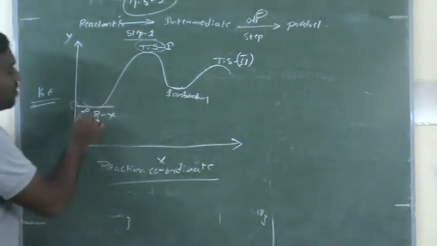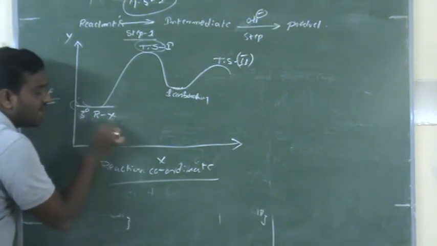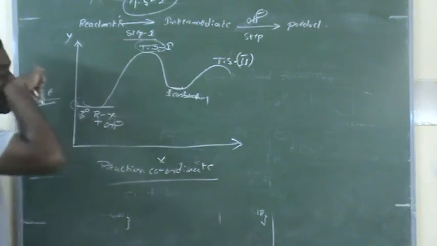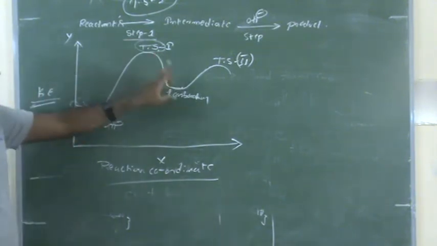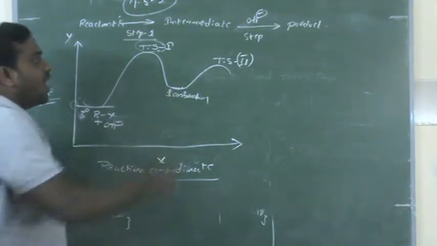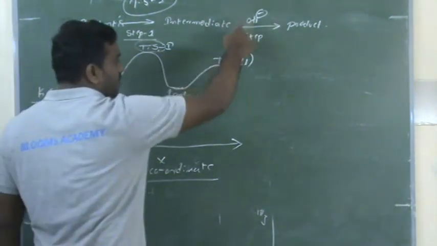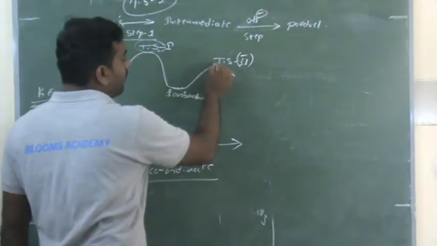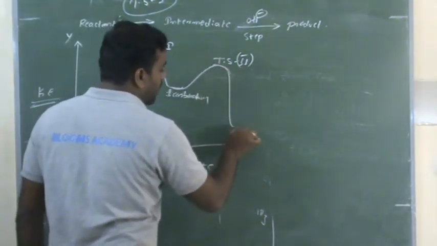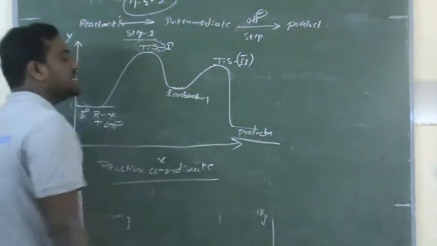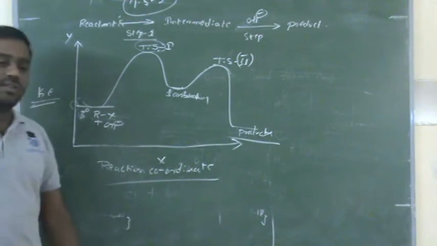That's why reactant molecules react. What is the reactant molecule? We have tertiary butyl alkyl halide plus nucleophile reacting, forming the transition state. After the transition state, there is formation of the tertiary carbocation, which is the intermediate. After this intermediate, it again reacts with OH minus, forming transition state 2. Now this transition state 2 forms which one? Products. This is the graph that is present.